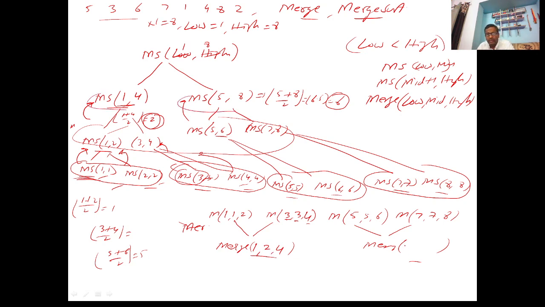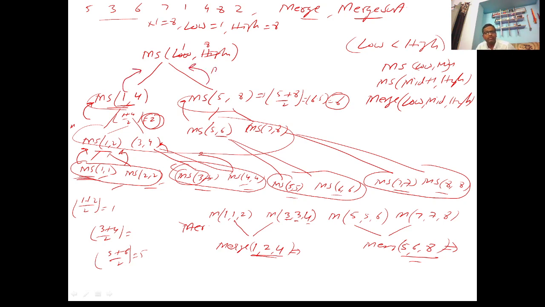And in the same way, we need to consider low equal to 1 and mid equal to what? 6 and high equal to 8. So these are the two calls made, and these are going to result in a list of four sorted elements. This again will result in four sorted elements. So these are going to be passed to the root level.